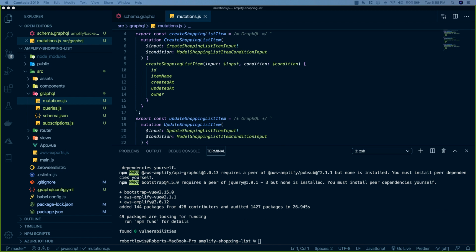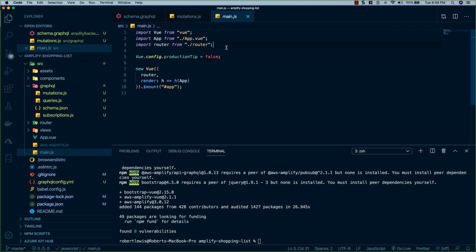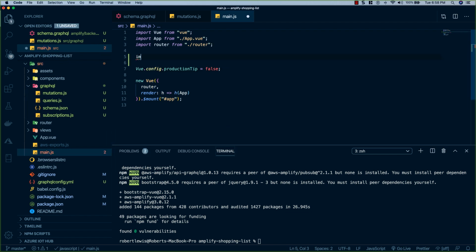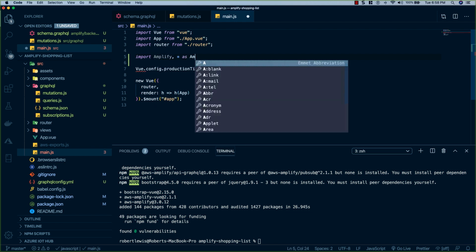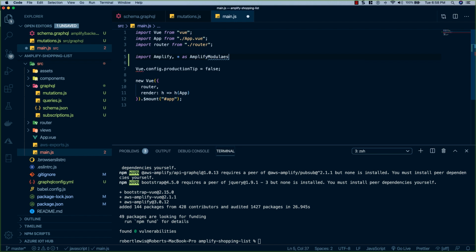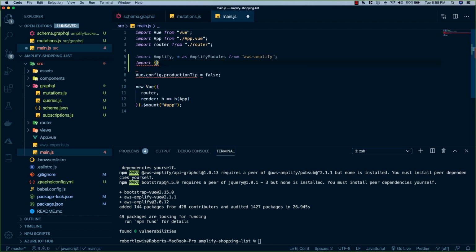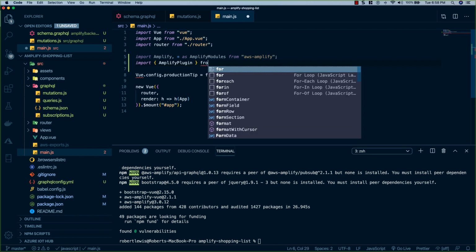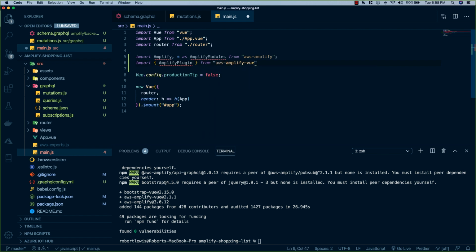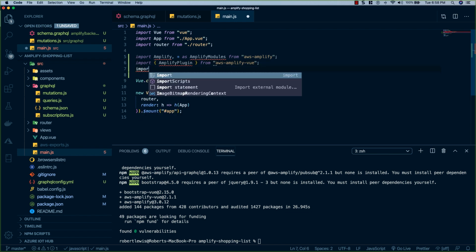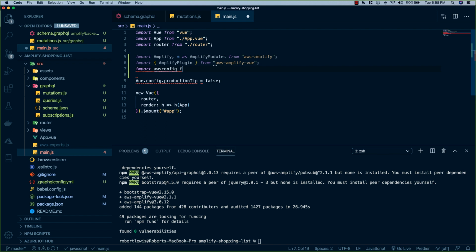Now that all of our dependencies have been installed, let's go ahead and set up our Vue project to use them. So to do that, we're going to go down to our main.js file, and underneath the router here, we're going to import some packages. We're going to say import * as AmplifyModules from AWS Amplify, and under that we'll say import AmplifyPlugin from AWS Amplify Vue, and import AWS config from